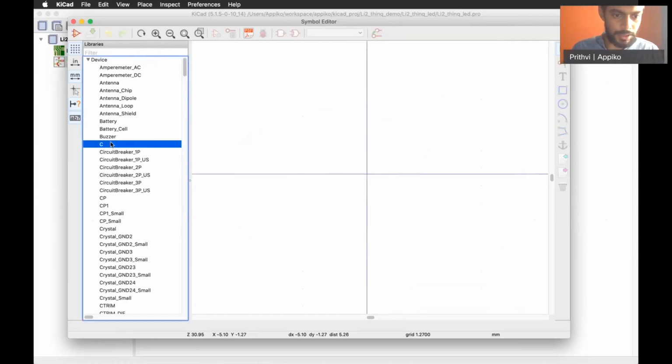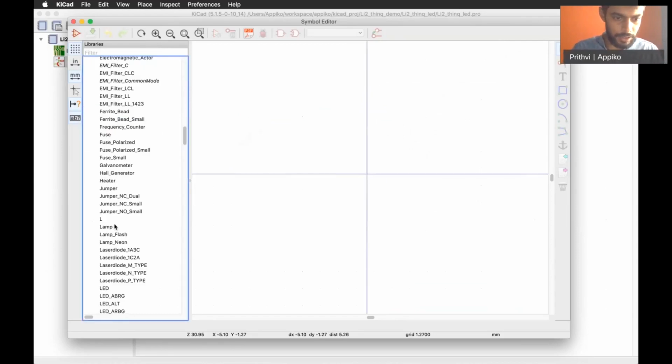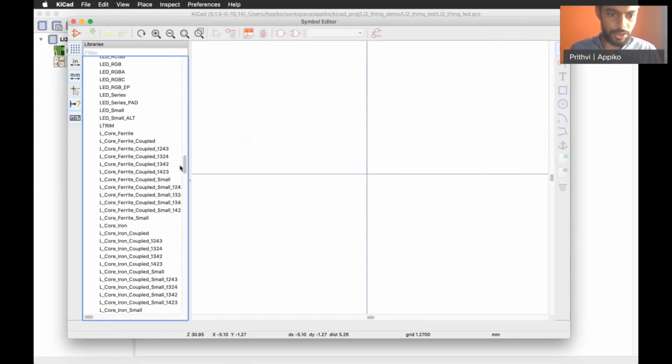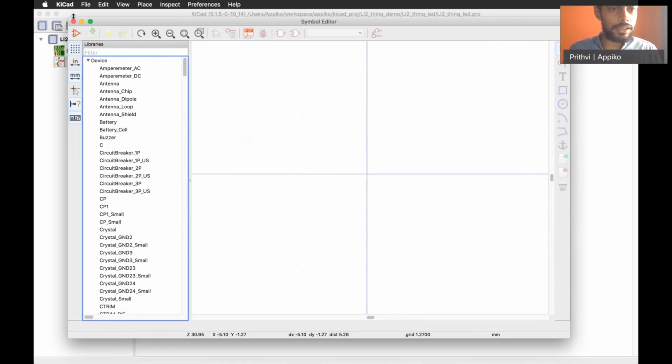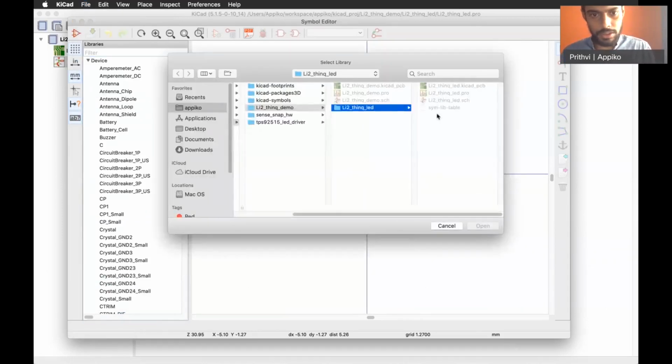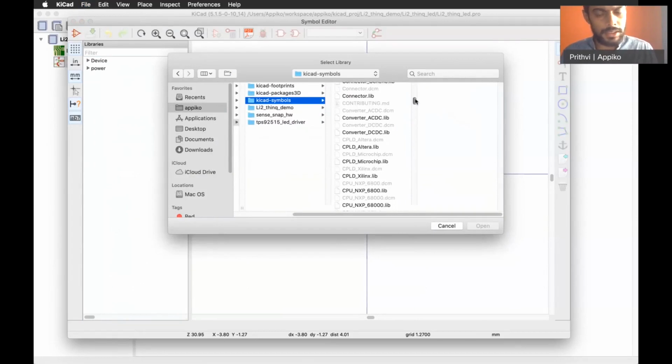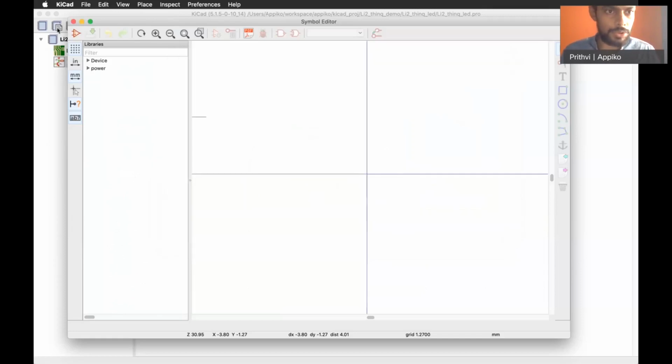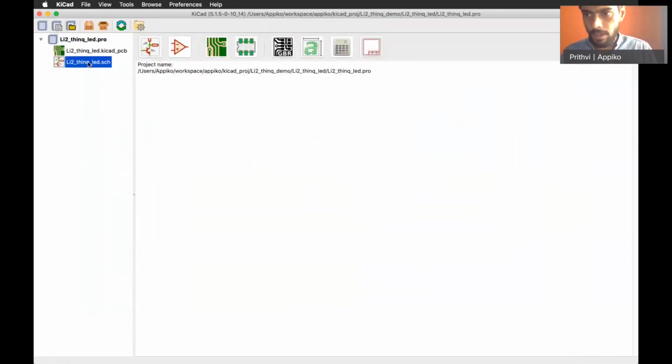So you can see C, R, and LED and inductor and so on. Other thing we need is the power libraries for all the VCC, ground, and so on. I think that's about it. These are the various components that we need. We're just making a simple LED circuit, so I think these two should be enough. So now we'll make the schematic.